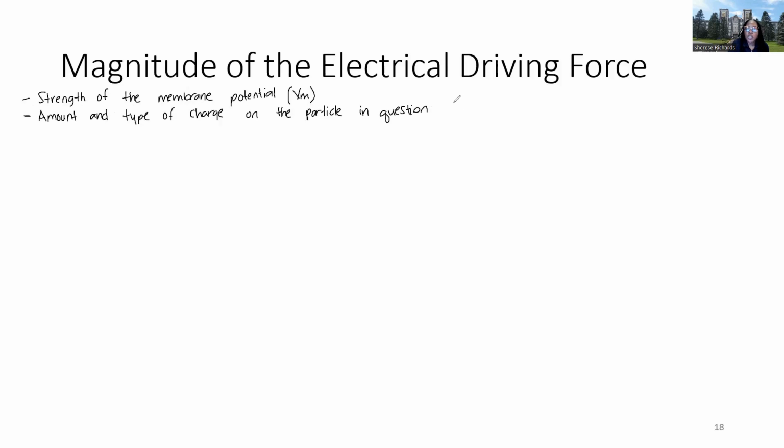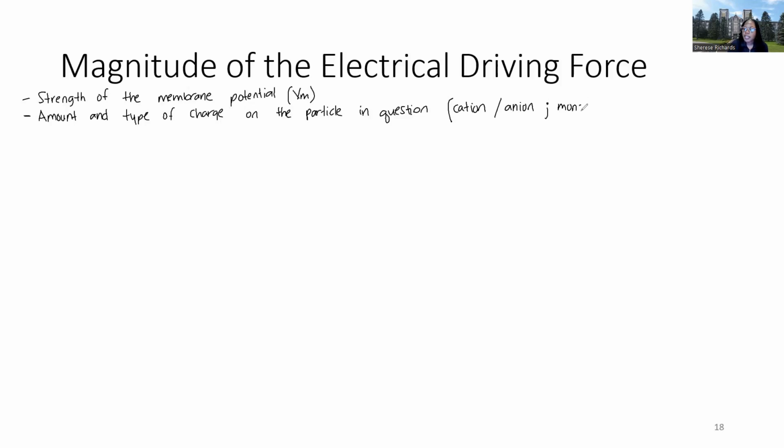This is determined by whether the particle is a cation, which would be a positively charged particle, or an anion, which would be a negatively charged particle. Also included here is the amount of charge, so whether it is a monovalent cation or anion,